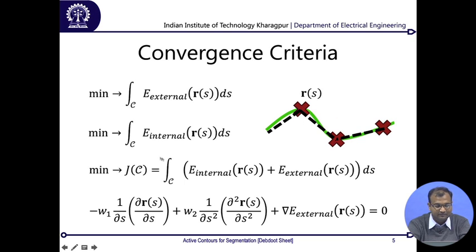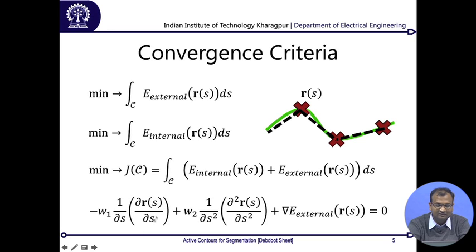Now, eventually you know that if this whole integral has a minimum value, then since these are energy values, they would finally have an energy which is equal to 0. Okay. Now, if you equate this minimization criteria, wherever you have a minimization you basically have the derivative equal to 0. So, by solving that first derivative criteria, you would get that in order to achieve convergence, you need to have this sort of a criterion established,